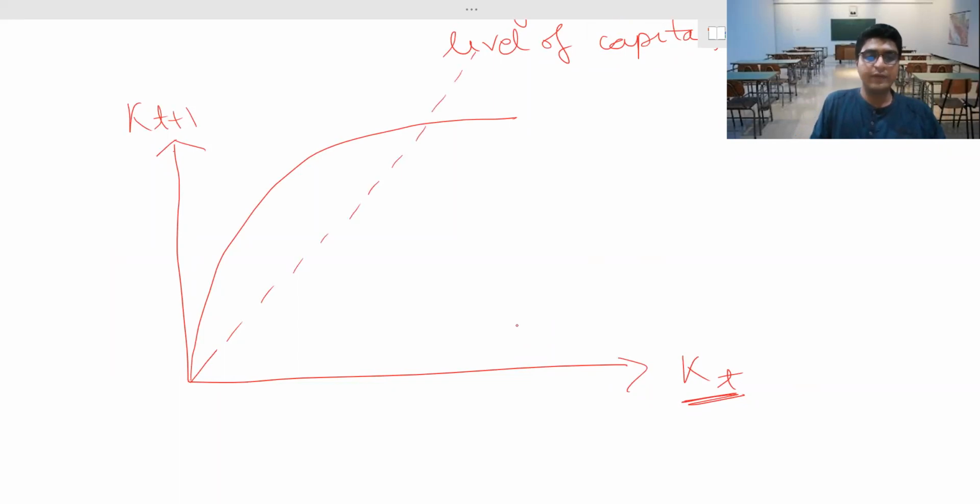Okay, now forget about everything. See this. We begin with K0. This is the initial amount of capital. This graph will give you what? This graph relates KT plus 1 and KT. Okay, so this will give you capital in the next period. All right, 45 डिग्री. एक बात देखो,